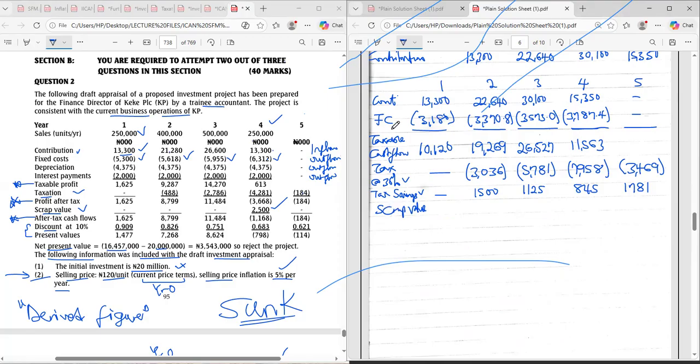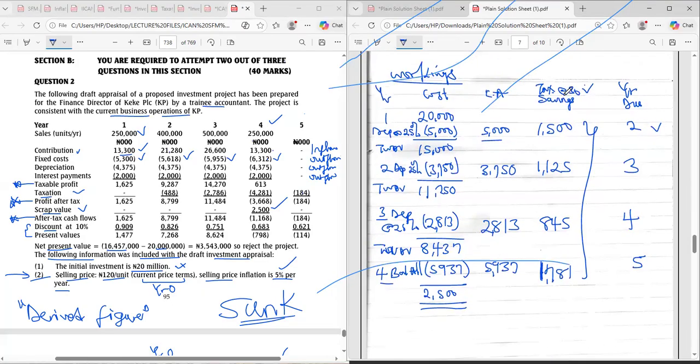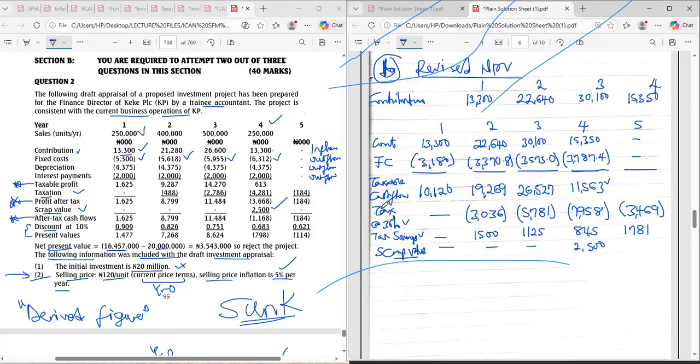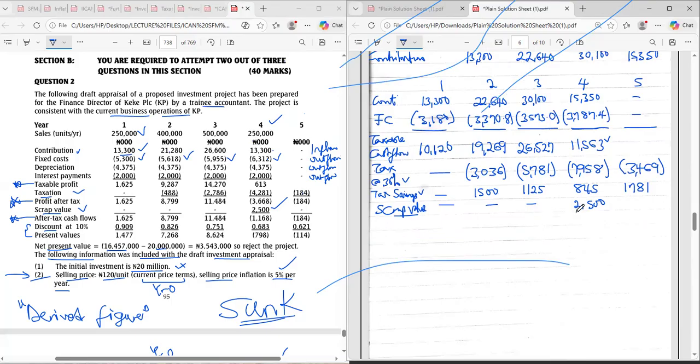Imagine that you put scrap value up. The scrap value is at what year first? Year 4, 2,500. Imagine that you have put it up, you would have taxed it, because it would have increased this 11,563 and you'd have taxed it. Whereas when we are doing our computation here, we have adjusted for it here. We have looked at the tax here, which is our balancing allowance. So therefore, let your scrap value come after you are done with your taxes and your tax savings. Yes, guys, in this method. Does that make sense? Okay. I think that's all.